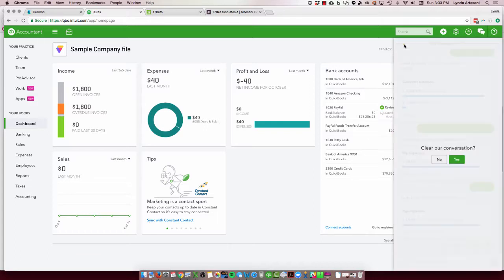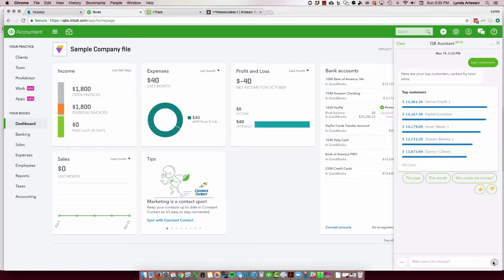So let's go up here and start with a fresh question. I was already playing around in this. You can just type in any question, like who are my top customers? So I can just go top customers. Just like when you're searching with Google, you want to keep it pretty much to what you're looking for. Don't get too wordy. It helps with the find. So I'm going to type top customers and see what comes up. And here we go. Here's my top customers in this particular sample file, which is just a bunch of